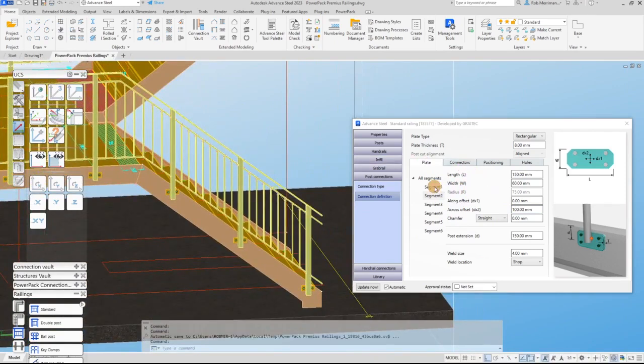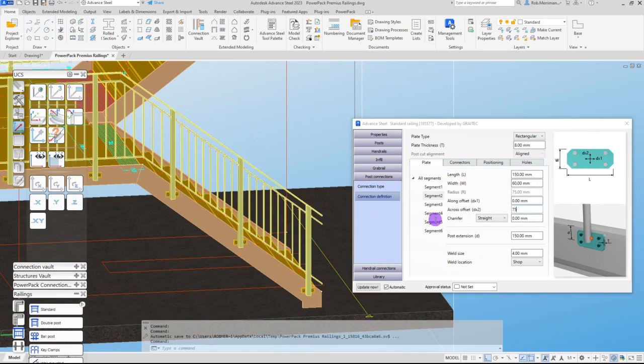Not segment number 2. Sorry, that should have been segment number 1. So segment number 2, I now need to just set back to 75, but the tree structure just gives me a bit more control